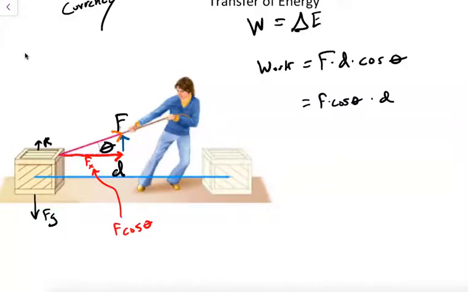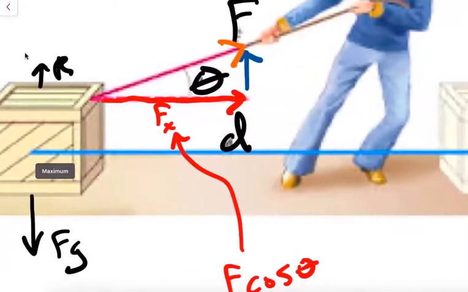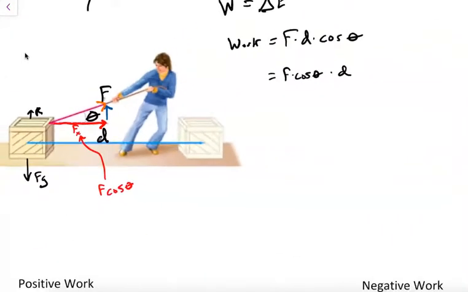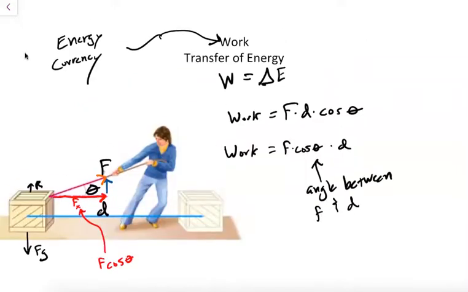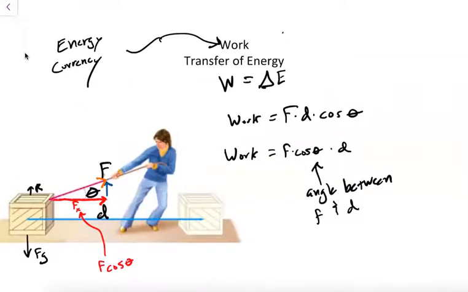So once I did F cosine theta, then I found this horizontal component, and it's parallel to D, where theta is the angle between F force and D distance traveled. This is your work done. And the units for work, well, it's a transfer of energy, so really the units are still joules. And you can see that these units are force times distance, so this comes from Newton times meters,